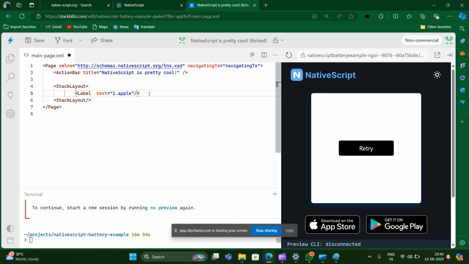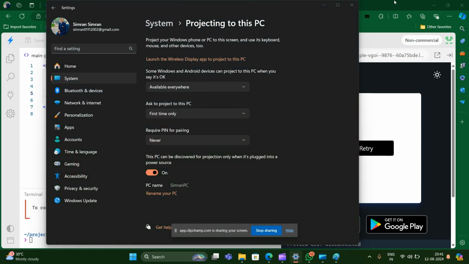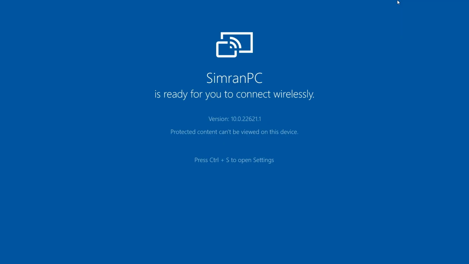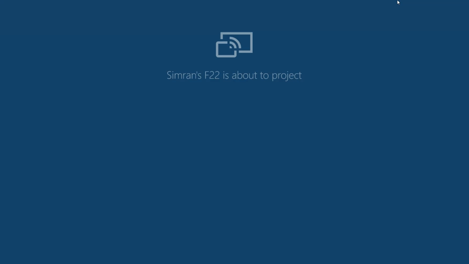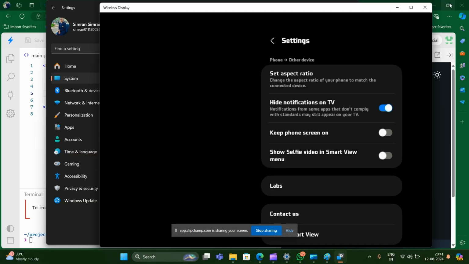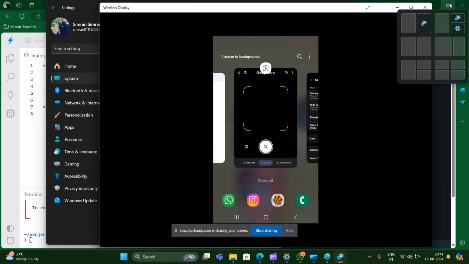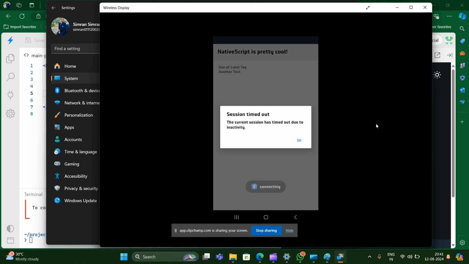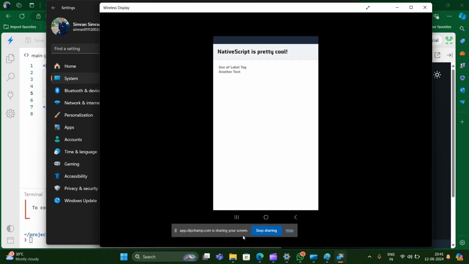When I check this output, what is going to happen? First of all, I press Control S. You will see it will save, and when I check its output, let me show you how the output will come. Now you can see it is connecting.